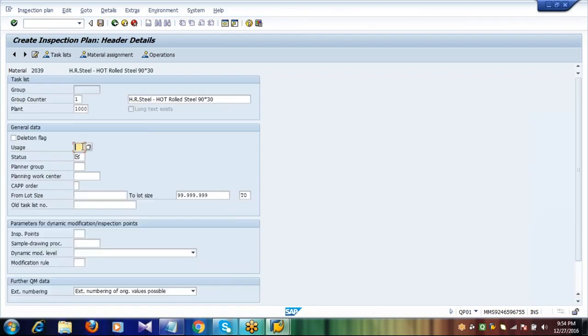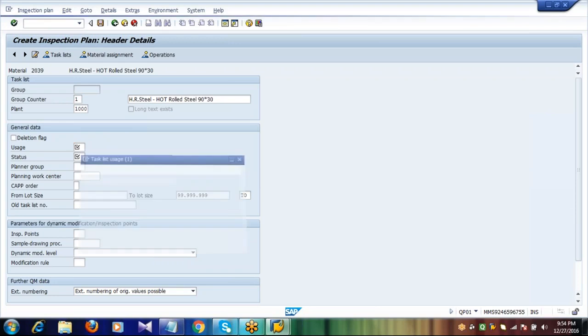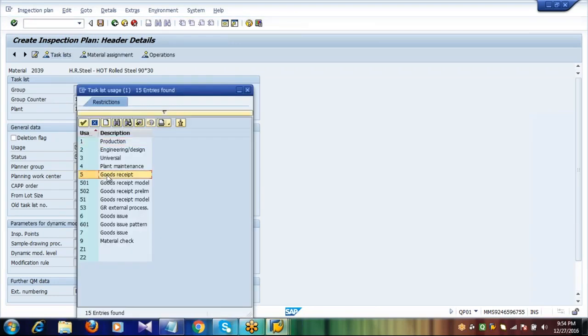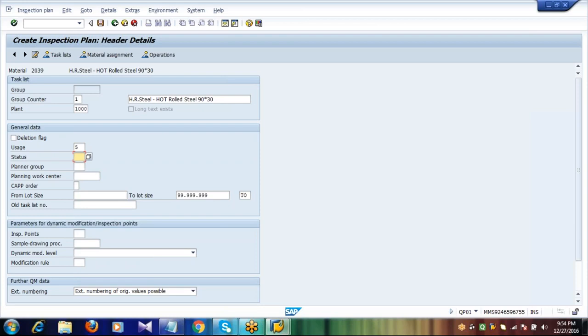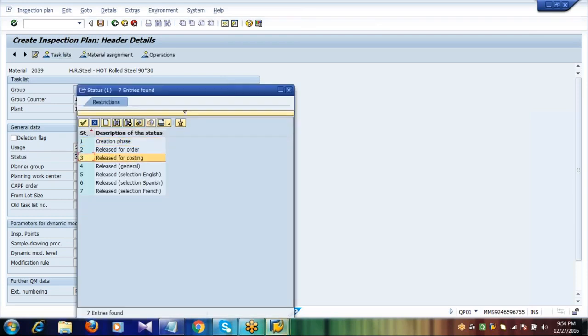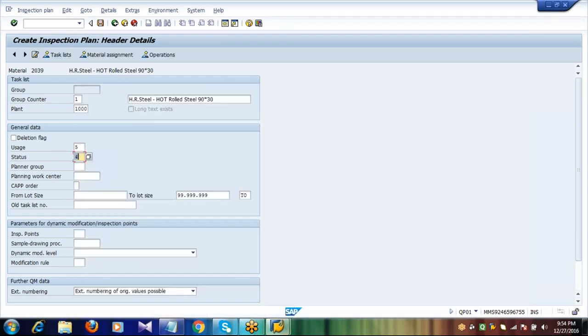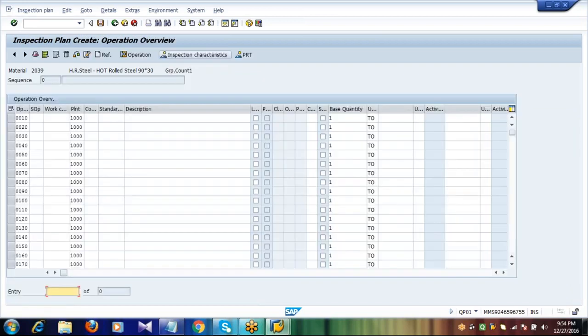So here, usage 5, goods received. Status 4, released. And from lot size 1. Click on operations. Click on operations and here the control key